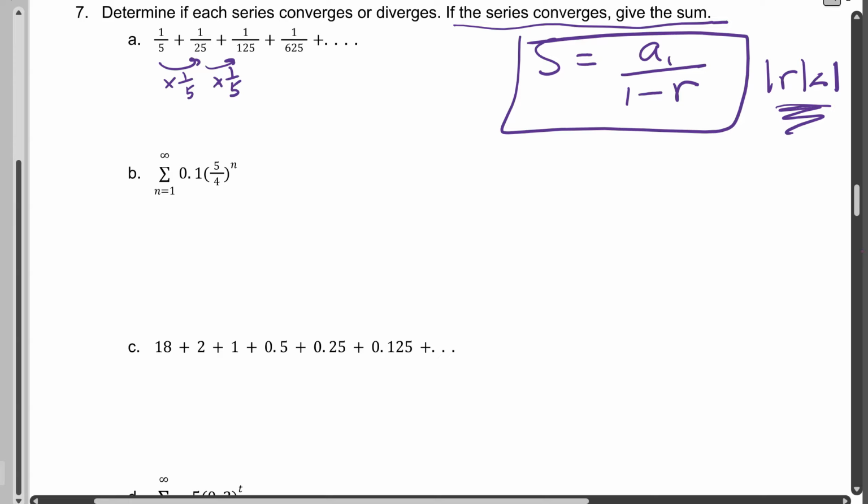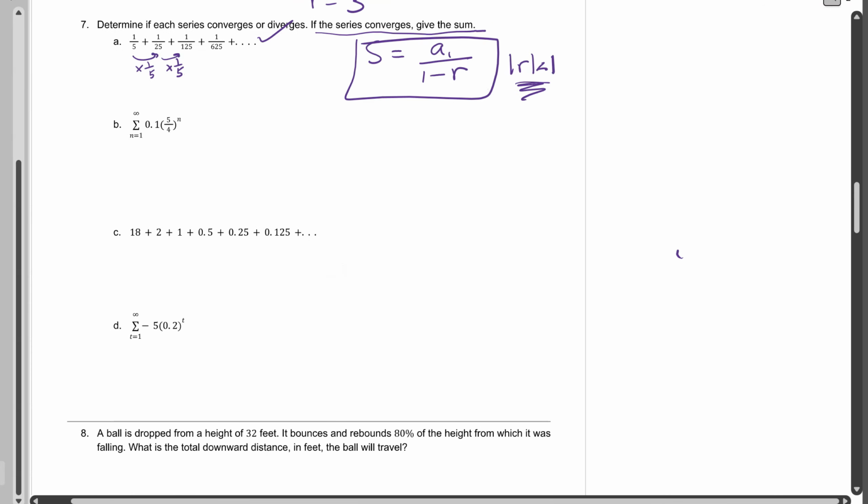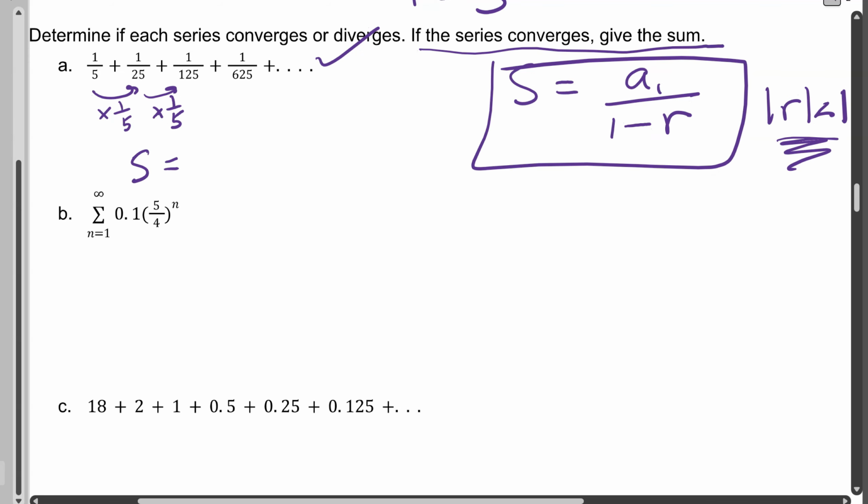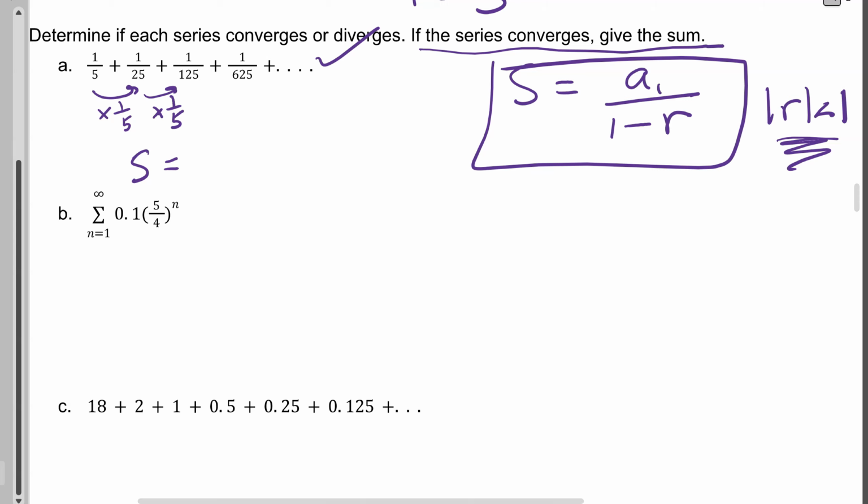Right? So given that we have that this does in fact converge, since your common ratio is 1/5, that's less than 1, I can substitute into that formula and have that be the sum. Notice I don't need a subscript here because this is the sum of infinitely many terms. It would be 1/5 divided by 1 minus 1/5, where, if you wanted to type that into your calculator, you could, but, of course, this is 1/5 divided by 5/5 minus 1/5, which should be